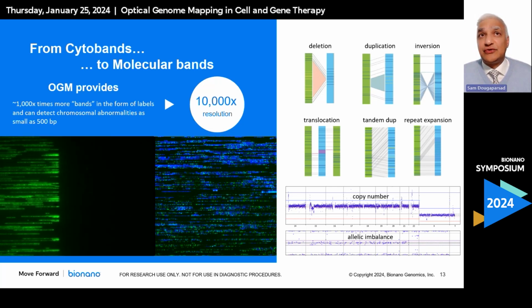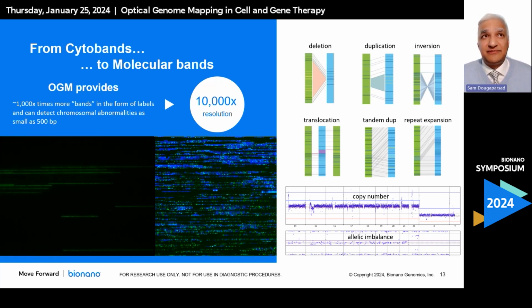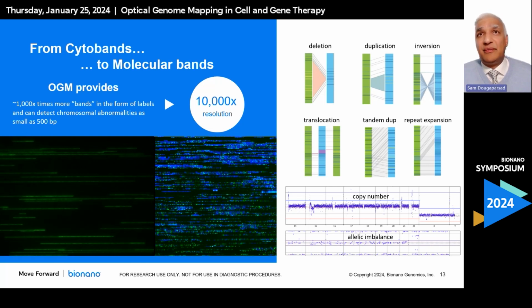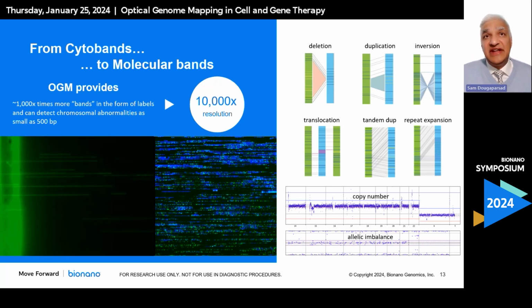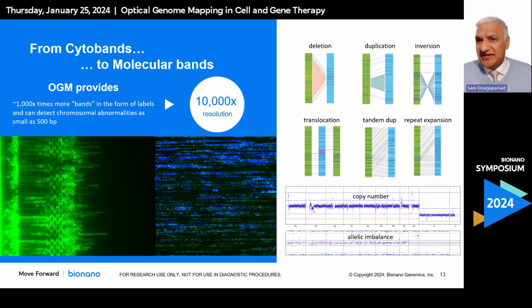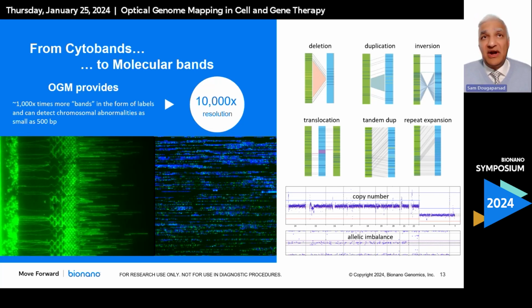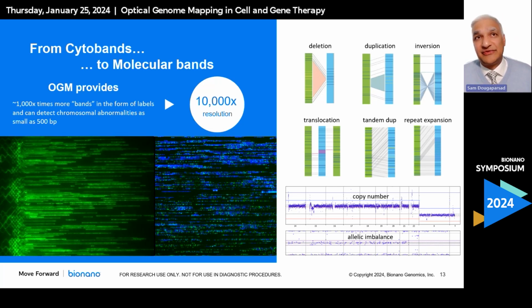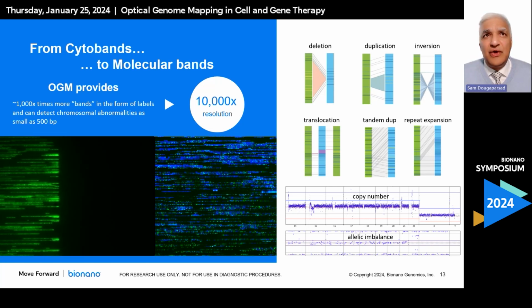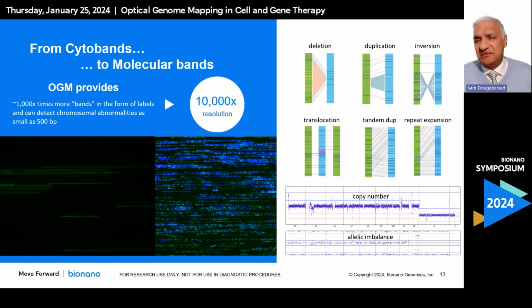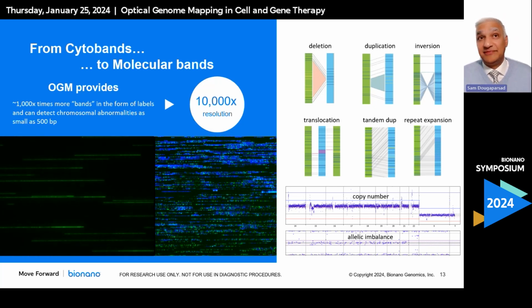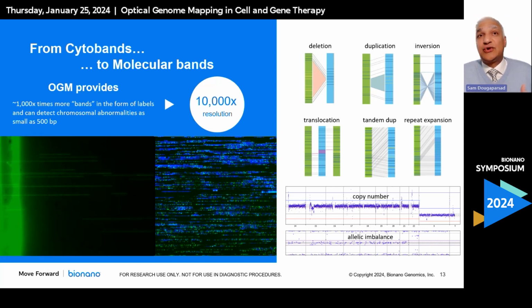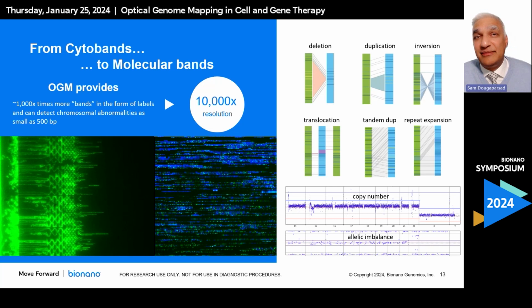And the resolution is tremendously higher than karyotyping. Because of this, we can actually consider switching from a DNA contrast staining to DNA fluorescence staining, with the traditional conventional cytobands becoming molecular bands. And all of this is viewed under a high-powered microscope. So technically, with a traditional karyotype, you may see about 550 bands. With OGM, it's at least 500,000 bands in the form of fluorescent labels, increasing the resolution for abnormalities by